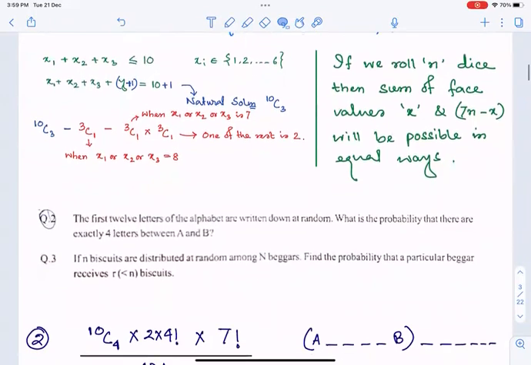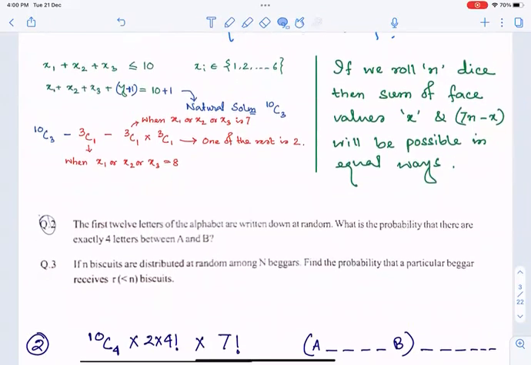So over here, we can decide which 4 letters are going to appear between A and B in 10C4 ways. A and B can arrange themselves around the 4 letters in 2 ways, meaning they can exchange each other's positions. The selected 4 letters can be arranged among themselves in 4 factorial ways, whereas this